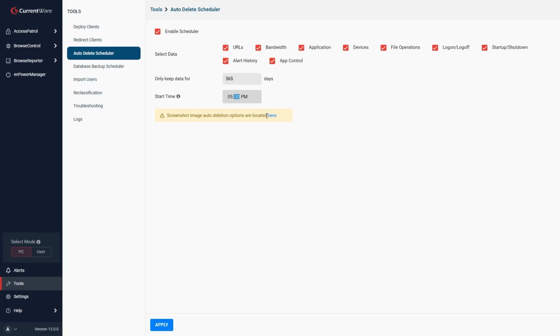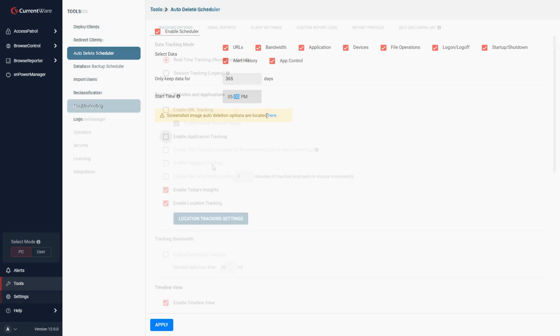Next, I'll go over some of the ways you can provide your users with access to their data. One way is to enable the End User Activity Dashboard to give them direct on-demand access to a dashboard with their internet and application usage. You can also have a trusted member of staff walk them through their individual user activity dashboard, or set up report profiles with only that user's data, and use the Email Reports feature to send them on a set schedule.